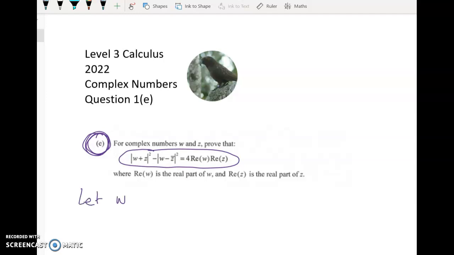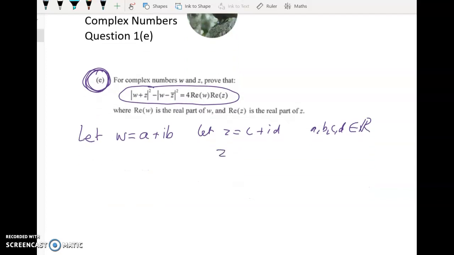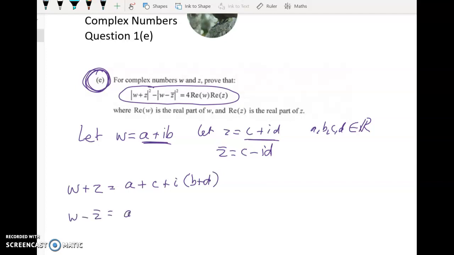I'm going to start off by just defining what W and Z are. So let W equal A plus IB, and let Z equal C plus ID. And A, B, C, and D are all real numbers. Okay, and we're also going to need the conjugate of Z. So Z bar is equal to C minus ID. And now I'm going to add them together. So W plus Z is equal to this plus this. So it's A plus C plus I times B plus D. And W minus Z bar, I'm going to do a little bit more slowly. So W plus IB minus C minus ID, which gives me A minus C plus I times B plus D